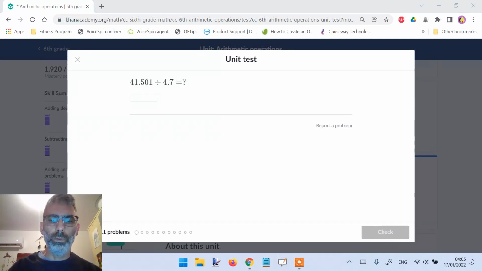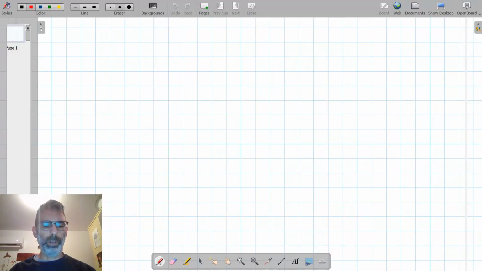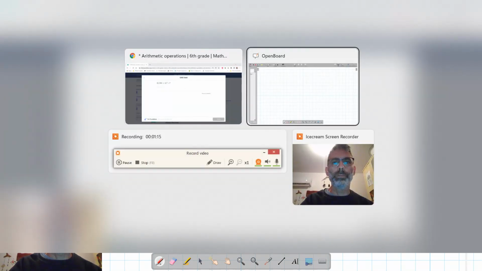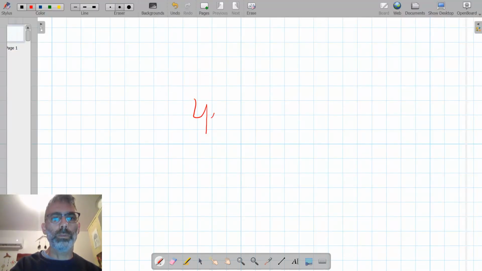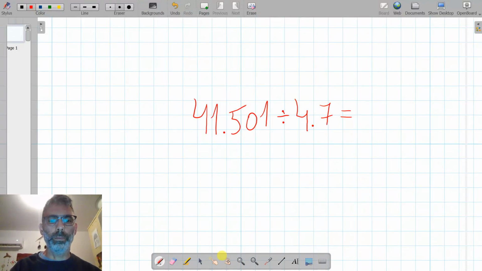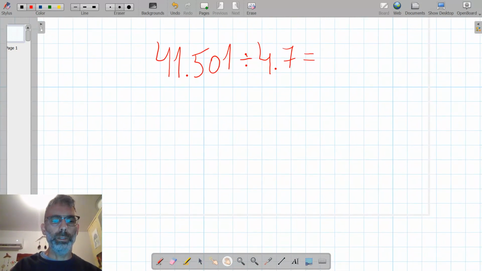Divide 41.501 divided by 4.7. Okay. To solve this problem, I first shift the decimal point of the divisor one place to the right,